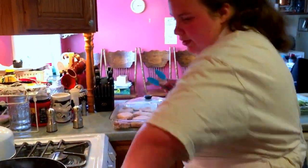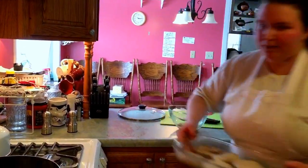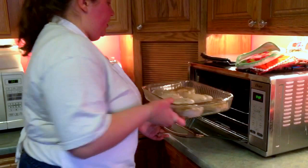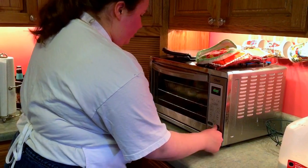So like I said, going in the oven. Turn this off temporarily. Going in the oven at 350 for about 15 minutes. And then I'm going to check on the temperature again. I have a toaster oven, so I had to push bake. 350, timer 30 minutes works, and then I'll just check it when it's half done. Meanwhile,